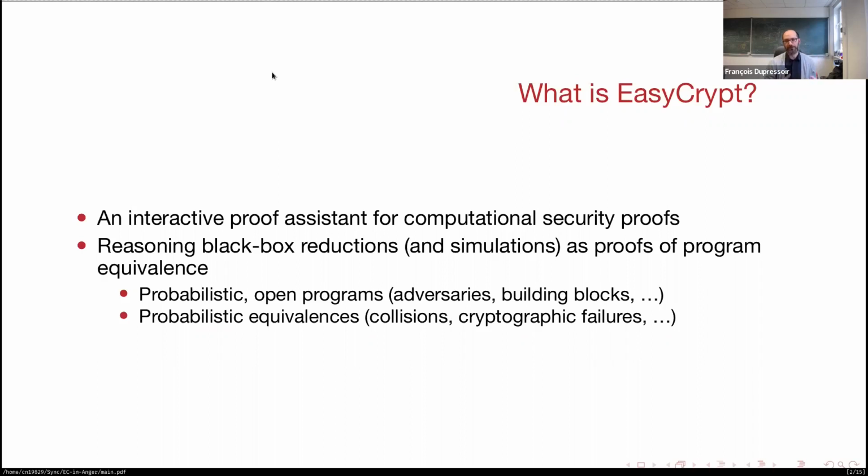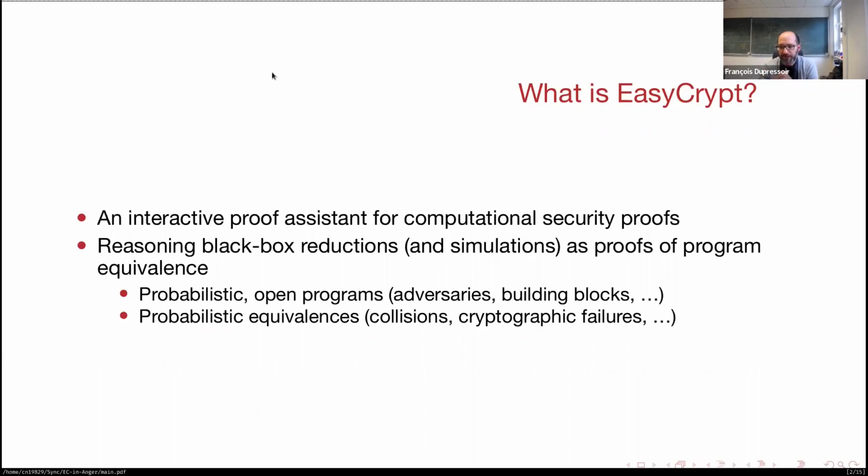And the other difficulty comes from the fact that those equivalences themselves are probabilistic. So we'll have two programs, and we want to show that they're equivalent, except perhaps if some low probability event happens. So typically, we'll use that to capture collisions. If you want to prove that two systems are equivalent, but one of them prevents non-collisions or collisions in randomness or in ciphertexts or whatever, then you'll end up having a small probability of those two programs not being equivalent. In the same way, you will sometimes have cryptographic failures where the adversary manages somehow to guess the key,